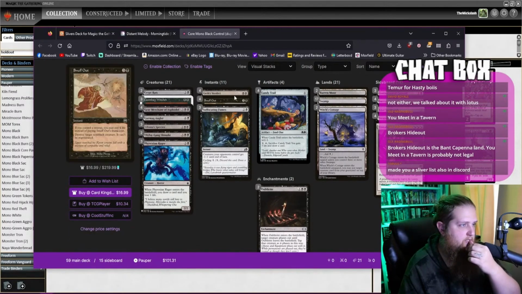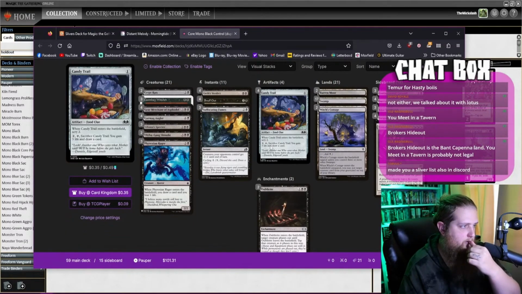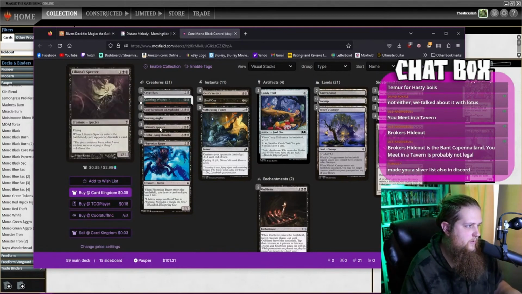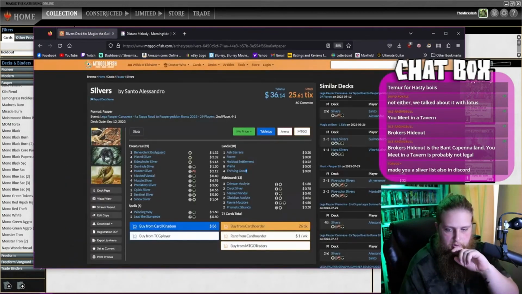Looks pretty good. I mean, it's very similar to what we got going on, right? Except for you are up to the 4 Snuff Outs and 4 Geth Verdicts. And the Spectres, obviously. Also, sad not seeing Chittering Rats. I love me Chittering Rats. But yeah, it looks good. This one looks good. And then let's pull up the...